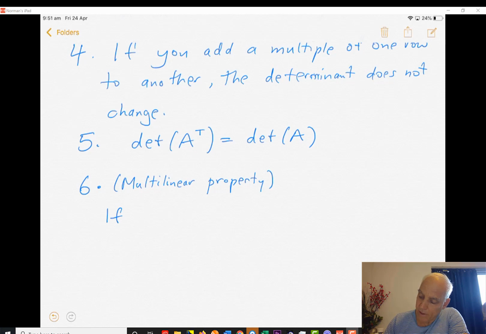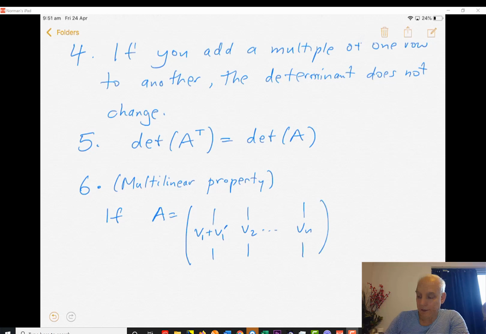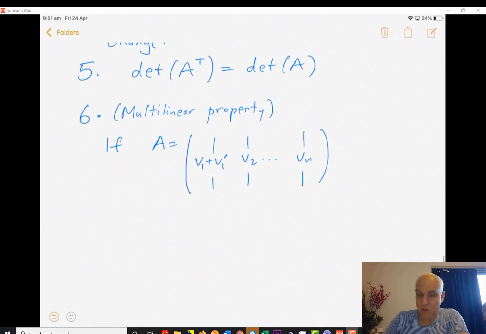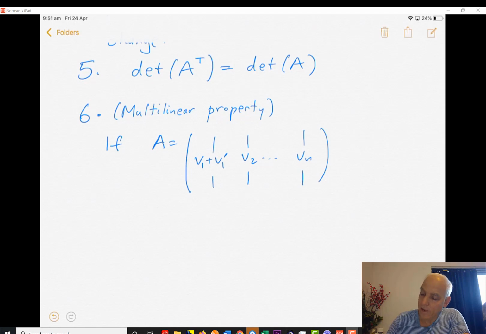you have a matrix A, okay, and it, say, has the first column as V1 plus V1 prime. That's the first column. And then the second column is V2. And then the nth column is Vn, okay? If A is a matrix whose first column is a sum of two vectors, but the other columns are just individual vectors, then